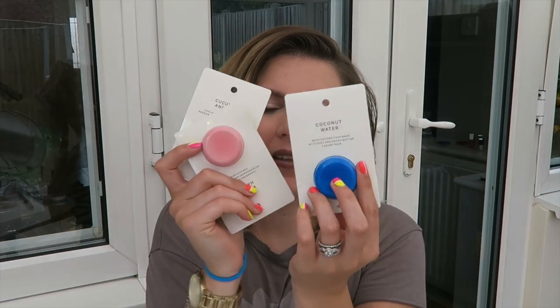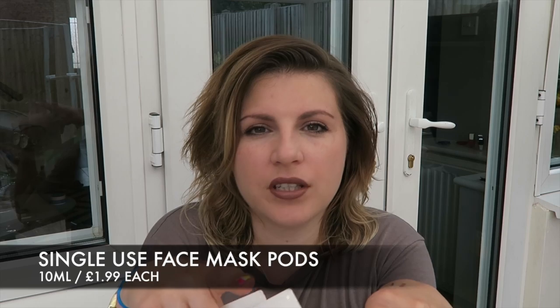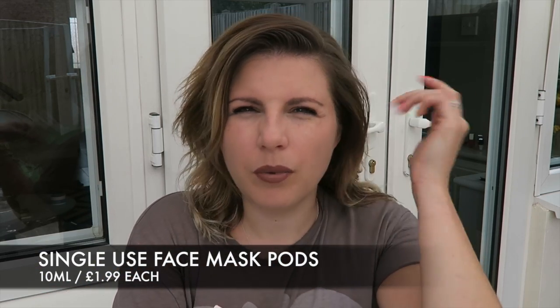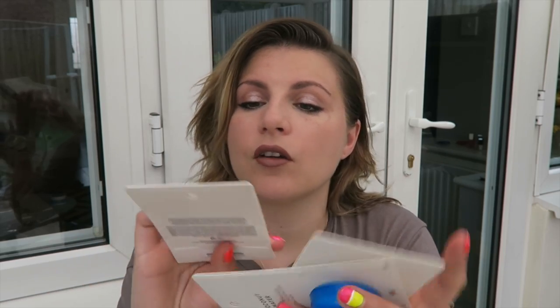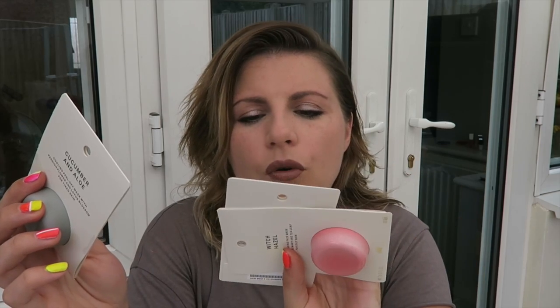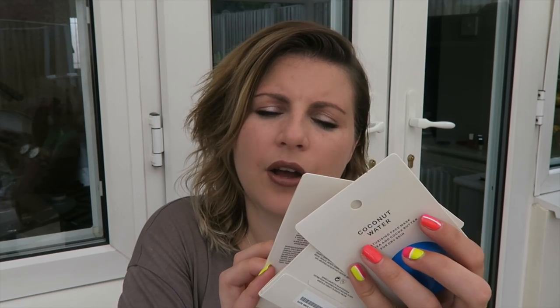It's like, moving on. I have 3 face masks. When I talked about the, what is it called? Origins Mixer Mask, the beauty box that Jane from British Beauty Blogger did a couple of weeks ago now. I don't know, it feels like a year. When I talked about that, so many people mentioned to me that H&M did these beauty pods the same as Origins does. And so I had to try them. I bought 3. I got the cucumber and aloe. I think some of them were for dry skin and some of them were for oily. I can't remember. Cucumber and aloe,